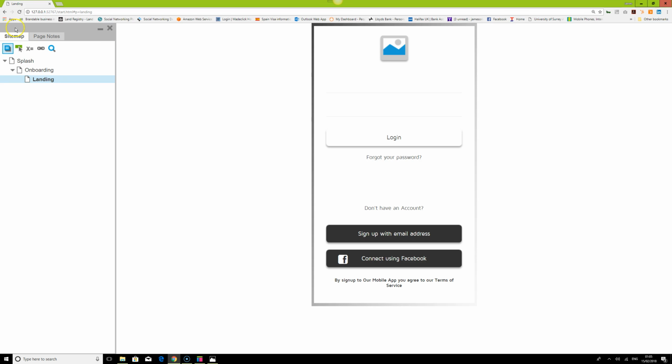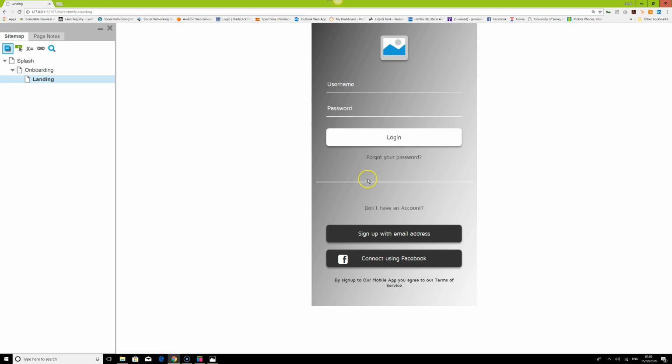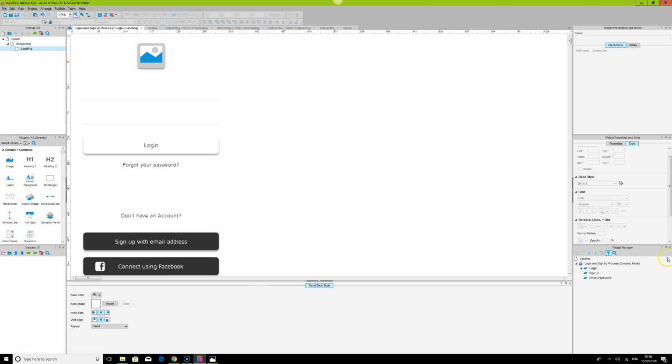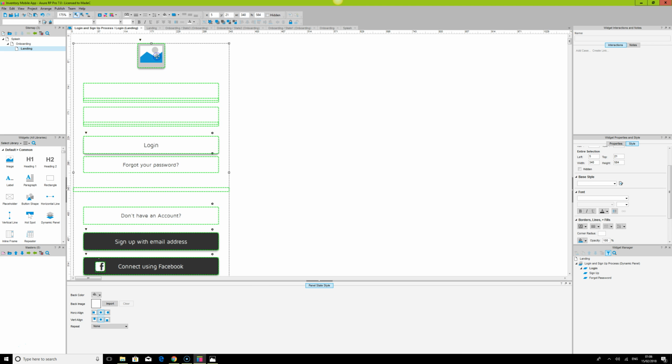So we save that and refresh this page, and we can see that we've achieved that state, but the component is now inside the dynamic panel, because we want to make use of just one single page in this design process. So what we need to do next is go back here and go into the second state. Because we've already added some things, I'll just highlight everything, grab it and paste it in